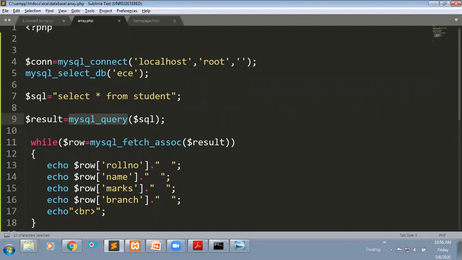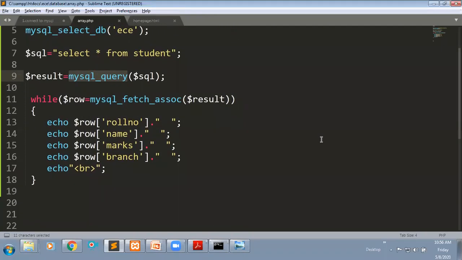Okay, then I'm going to display the retrieved data. Whatever the query is giving as a result, I'm going to print in the output. How can you do that by using these functions? Okay, mysql_fetch_assoc is the first function. Another one, instead of assoc, you can mention row. I will explain the difference between these functions.